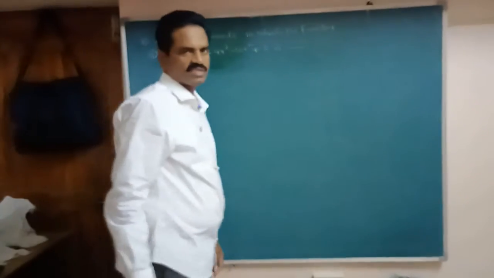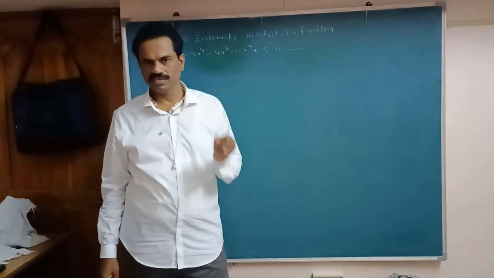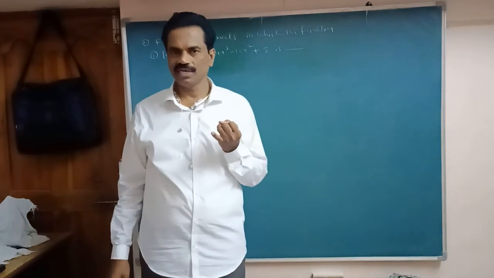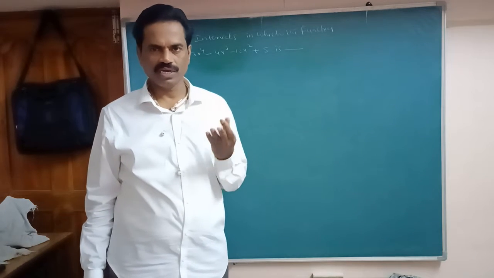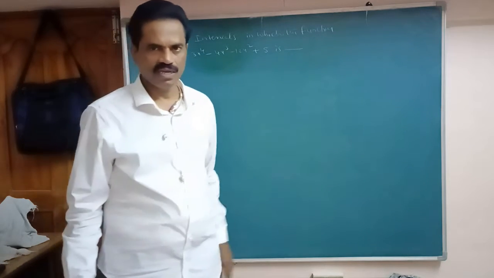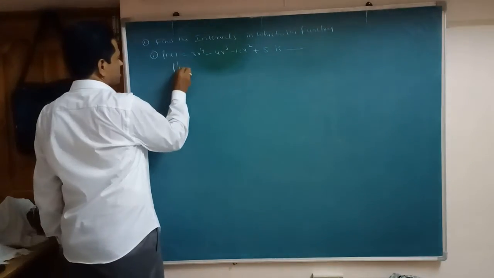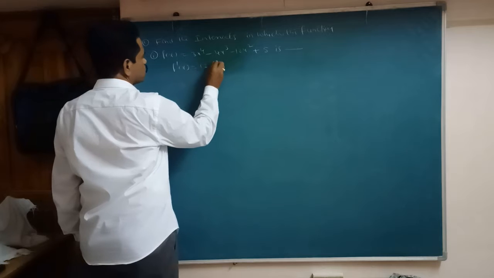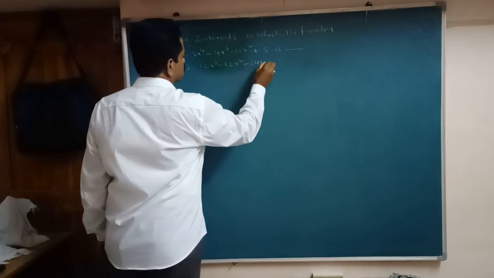So now only we discussed, na. If you remember the 4 steps we can do it easily. First find the critical points, next divide and rule, next check, next conclude. Okay, na? Here are 4 steps. So first what we have to do, find f dash x. It is 12x cube minus 12x square minus 24x.